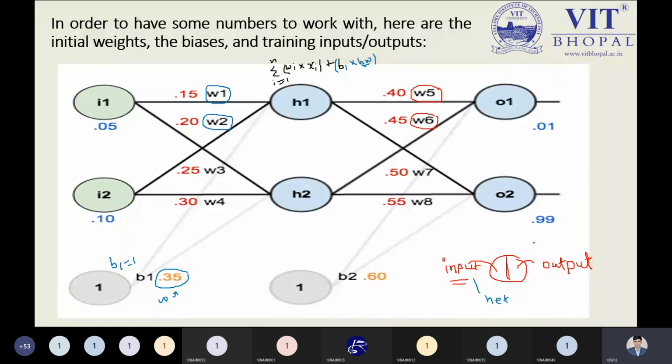Why am I saying the total error? Because here we are not discussing only one node. Here we need to discuss multiple output nodes. We have two here. Suppose we have one output node, then it's okay, the total error will be the part of the one output node. But here we have multiple output nodes. So we have to calculate the error at each and every node, and then sum up, and after that we will get the total error. Okay, so that is a simple formula.